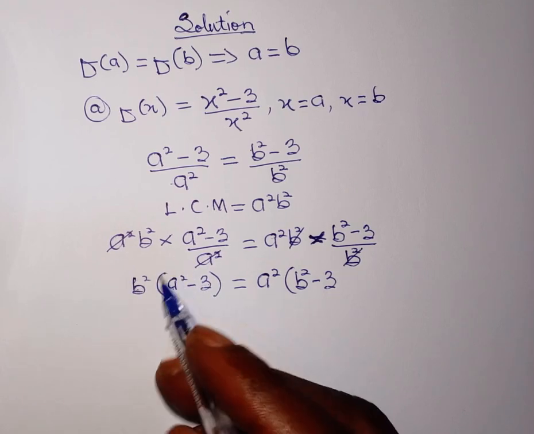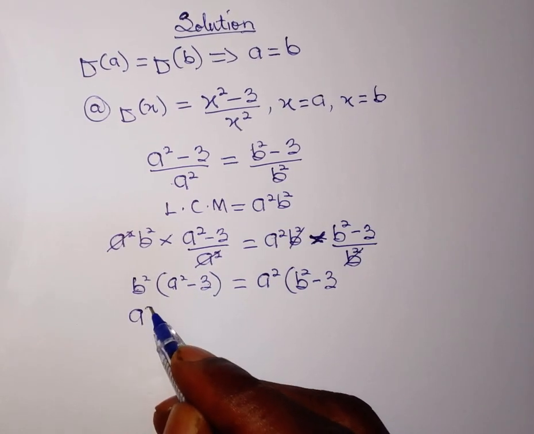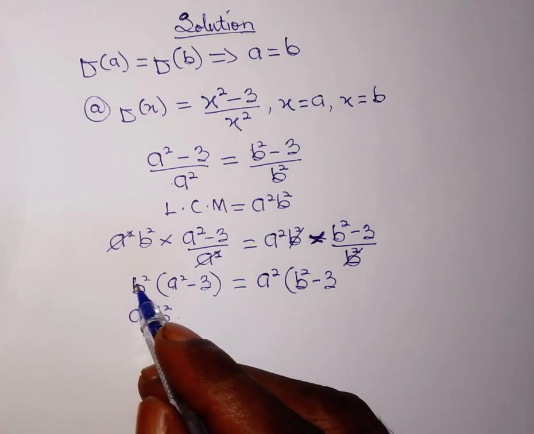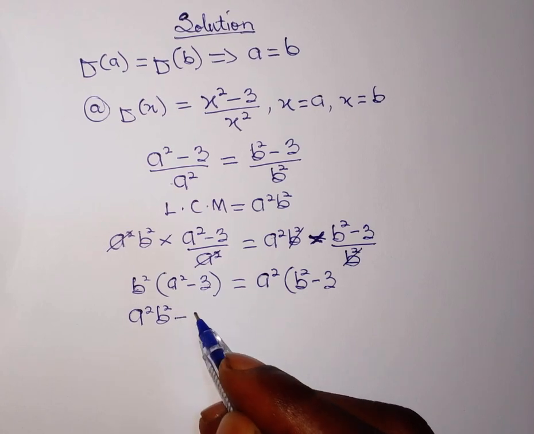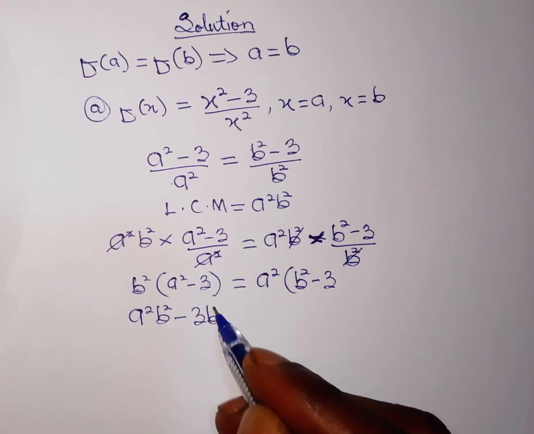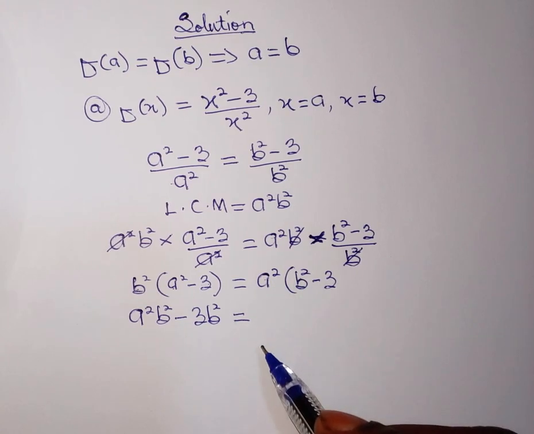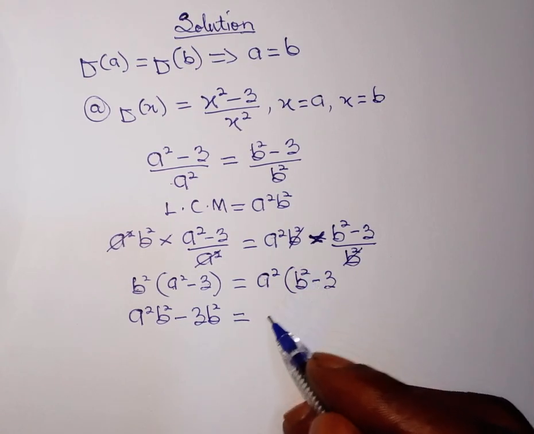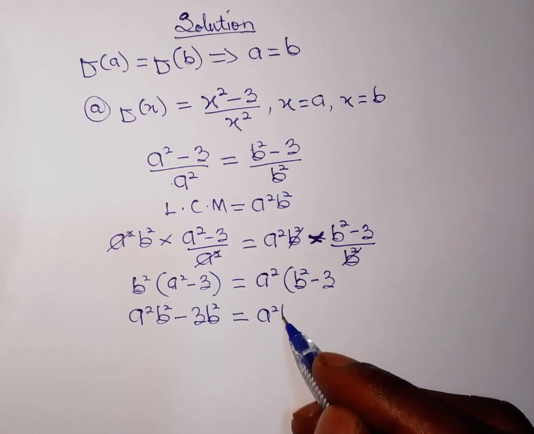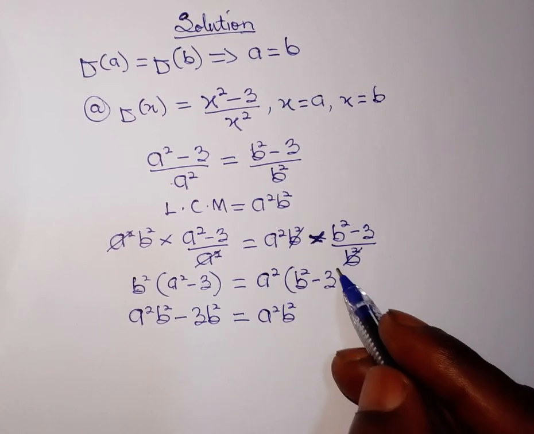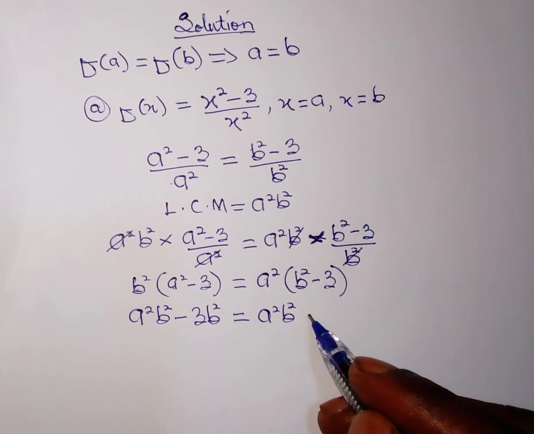So b squared times a squared gives me a squared b squared. Then b squared times negative 3 gives me negative 3b squared, which is equal to a squared times b squared, which gives me a squared b squared, and then a squared times negative 3 gives me negative